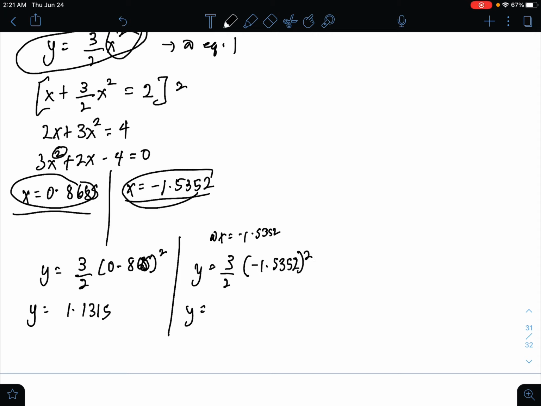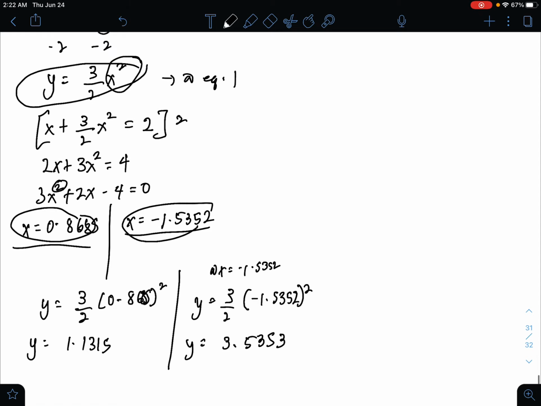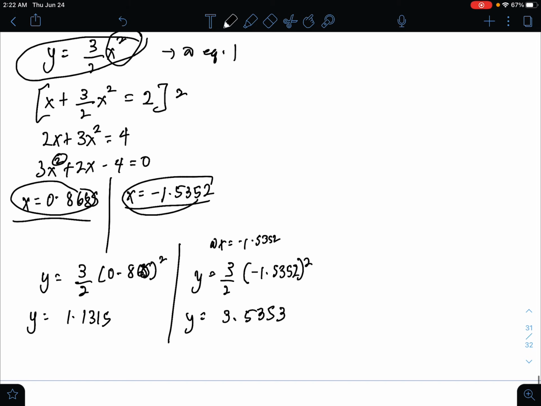So your y is 3.535. Just 3.5353 directly, right? Round off. Okay, so we substitute both of them